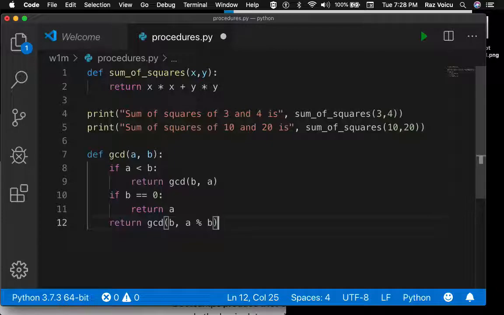So what we were saying before is that the GCD of a and b, with a being greater than b, is the same as the GCD of b and a remainder b. They're the same. It's the same number, right? It's the same greatest common divisor. So fine. We can now test our